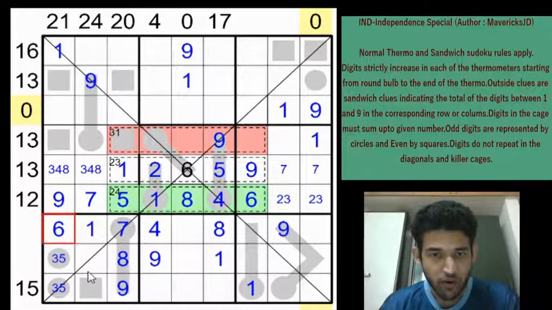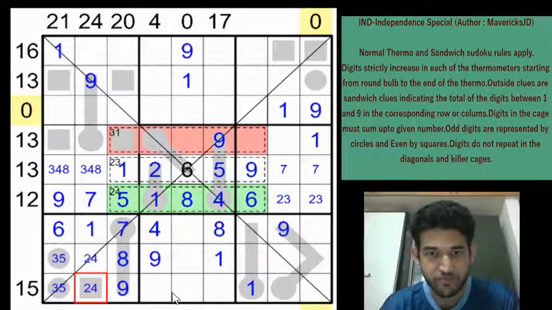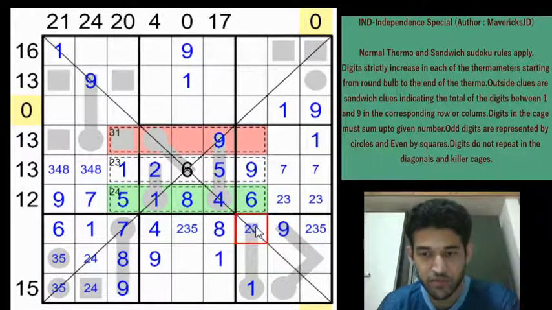And if you look at box 7, the remaining two digits are 2 and 4. We can pencil mark them. This will be 2, 4, and this is going to be a 2 or a 4. And if you look at row 7, we have filled in 6 digits, 4, 8, 9, 1, 6, 7. Remaining digits are 2, 3, 5. We will mark the candidates. But this cannot be a 2 because then we won't have any possibility for that cell. So this will be 3 or a 5.